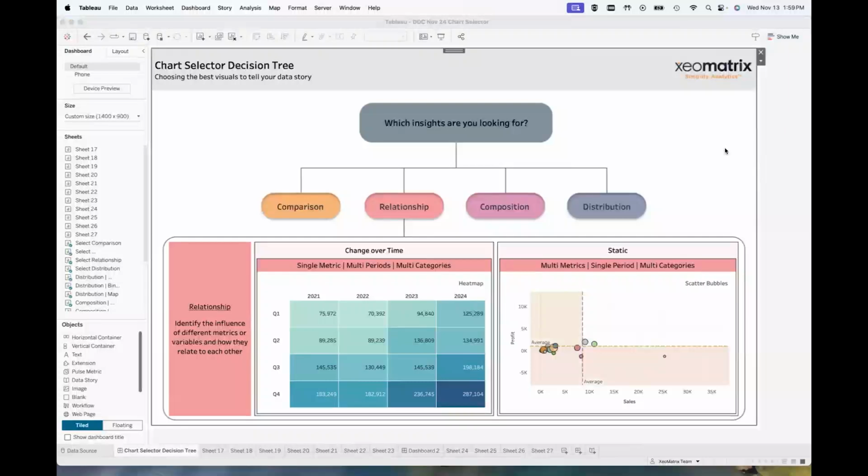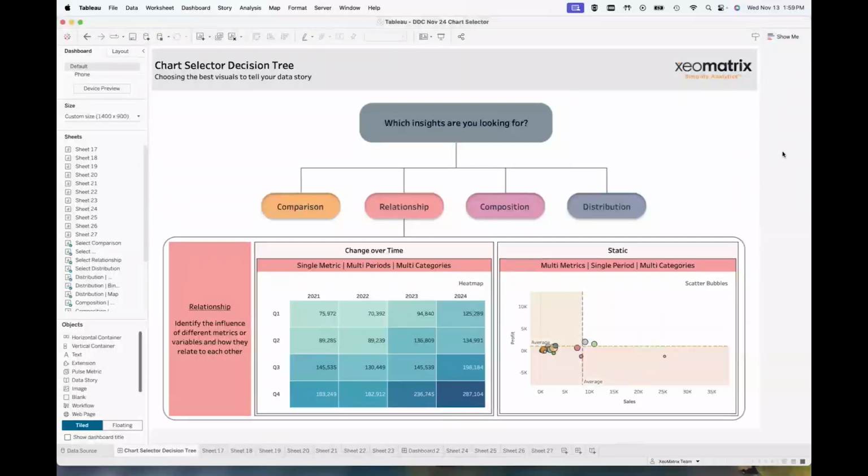The biggest difference between desktop and web, Xavier, is probably the gap in formatting. The degree of formatting that you can do sometimes doesn't exist on web. So if you have a creator seat, you could get a desktop license and link that with your Tableau site, your Tableau Cloud or server site. And you can get a little bit more control over formatting.